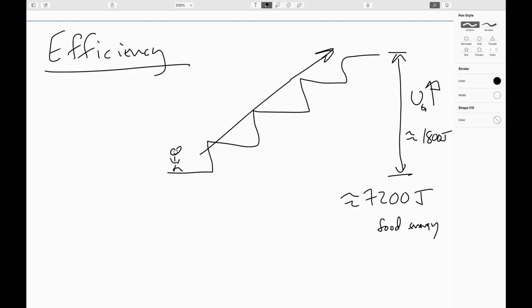It turns out that there are two different kinds of limitations that you can have. There are fundamental limitations. As we get into thermodynamics, we'll see that it is impossible for certain kinds of processes to be totally efficient in converting one form of energy into useful work, such as raising yourself up a flight of stairs. And then there are also process limitations. Here, the process limitations are the bigger deal. If you consume 7,200 joules worth of food,